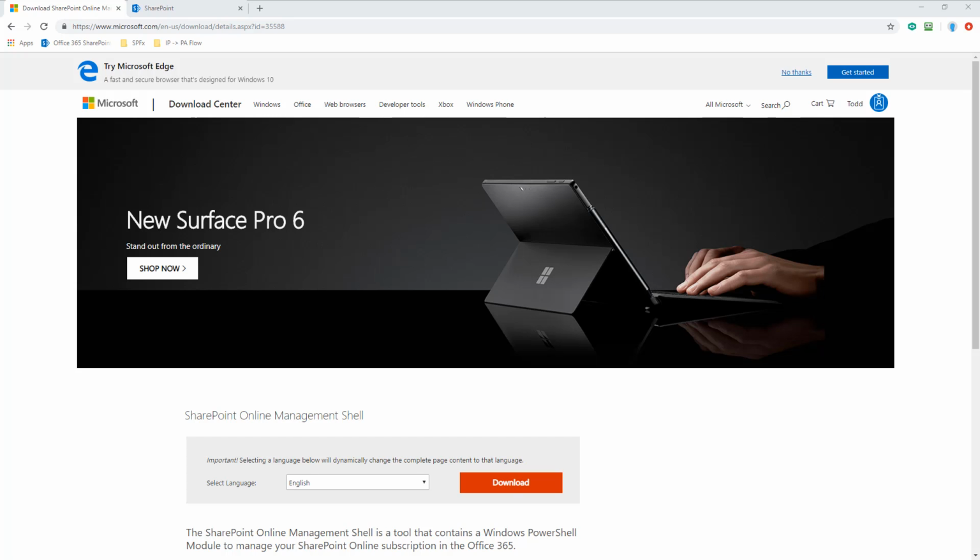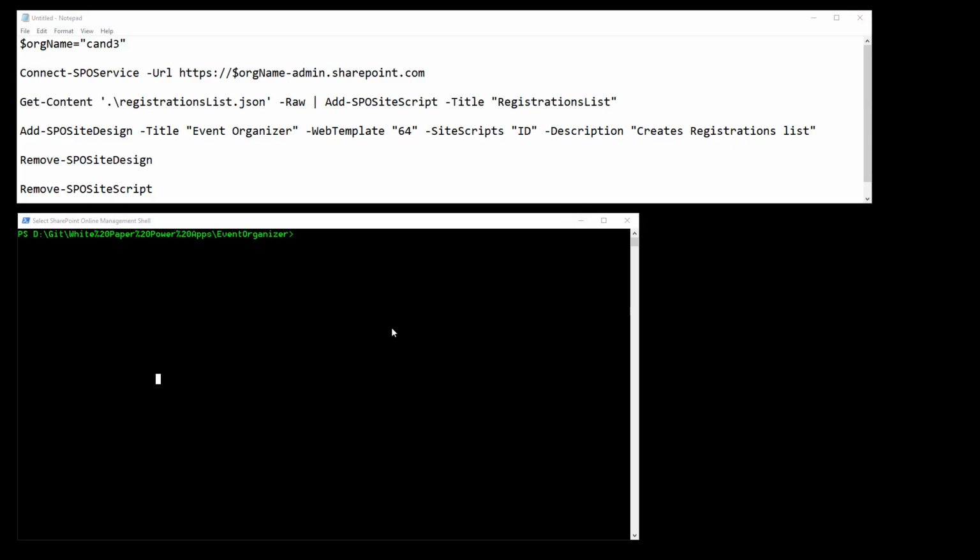After you've done that, the next step is to create the registrations SharePoint list. This list stores the registrations for the different events. To create the list, we're going to use a site script to do that. So the first thing I do is I come to the page you see here and I download the SharePoint Online Management Shell. Then we open up the SharePoint Online Management Shell like you can see here on my screen